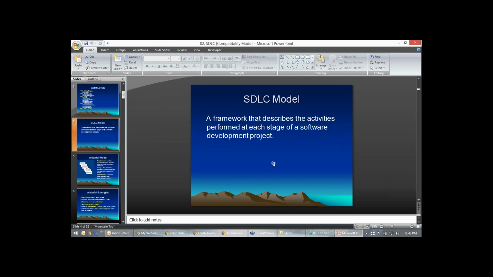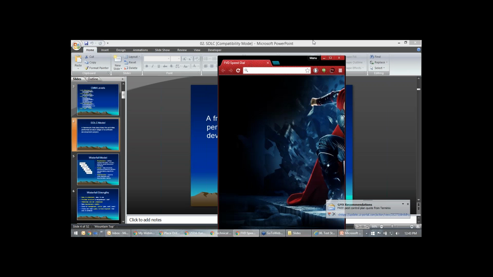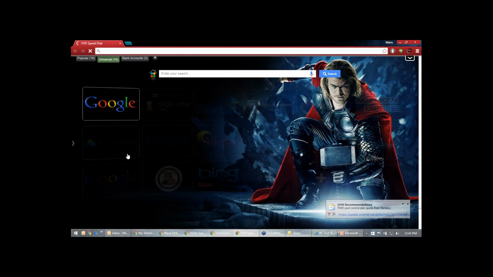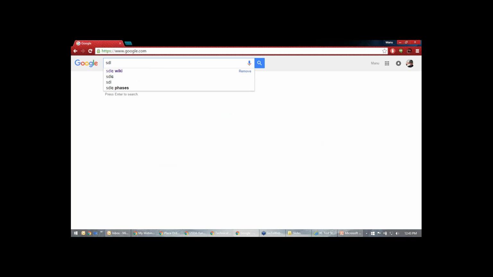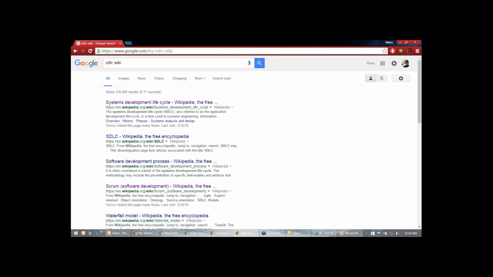So SDLC is software development life cycle. What does the SDLC contain? SDLC contains phases.